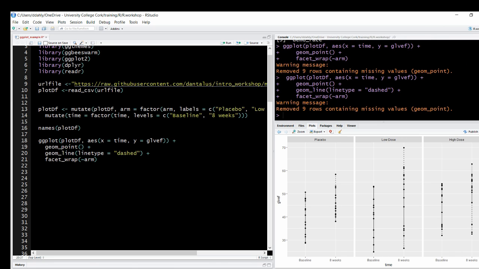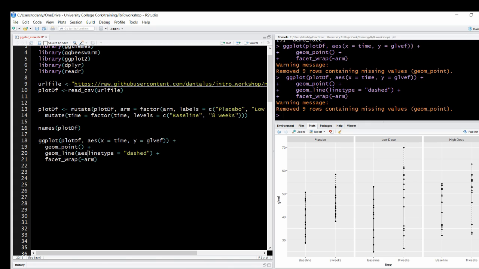Oh, no, that's very strange. Okay, I've got some ideas there. It's clearly not recognized. And see, every one of these dots is a patient measured at baseline, before randomization in the trial, and then 8 weeks later. And so these dots should be connected across the thing there. And so what I think we need to do is understand that